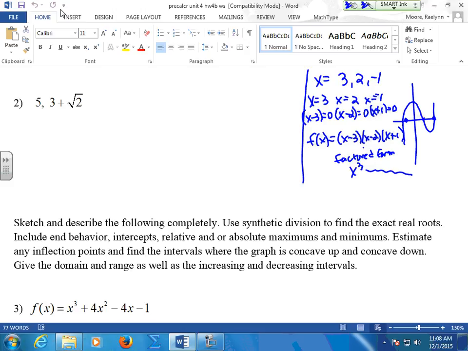Now, this guy, we have a little bit of a different problem. It gives us 2 factors. One factor is 5. The other factor is irrational. Where do you find this 3 plus radical 2? Where did that root come from? When I calculate my zeros,